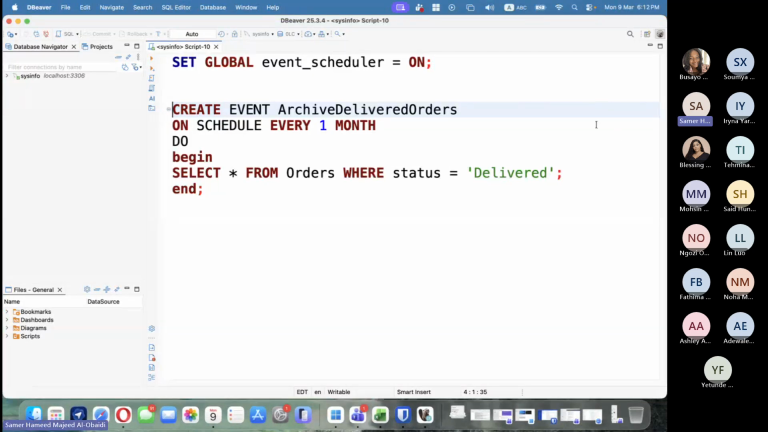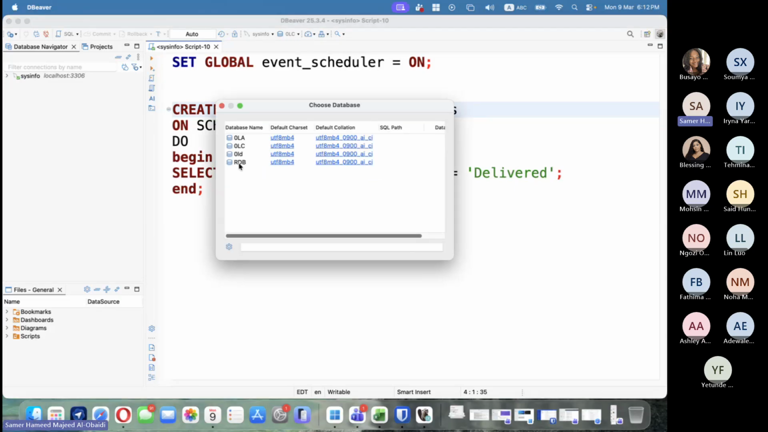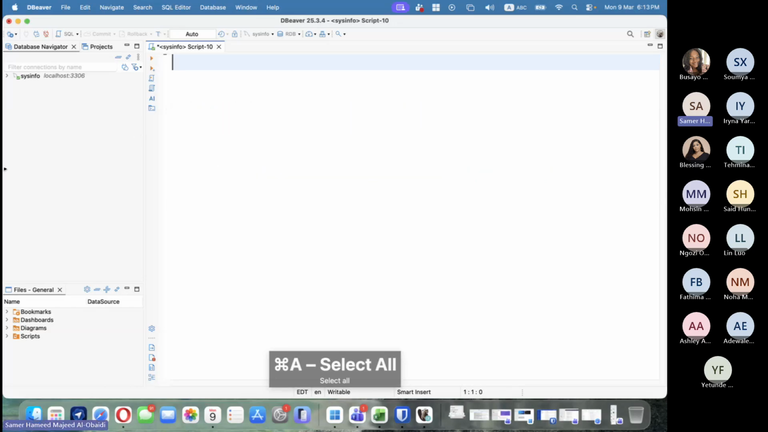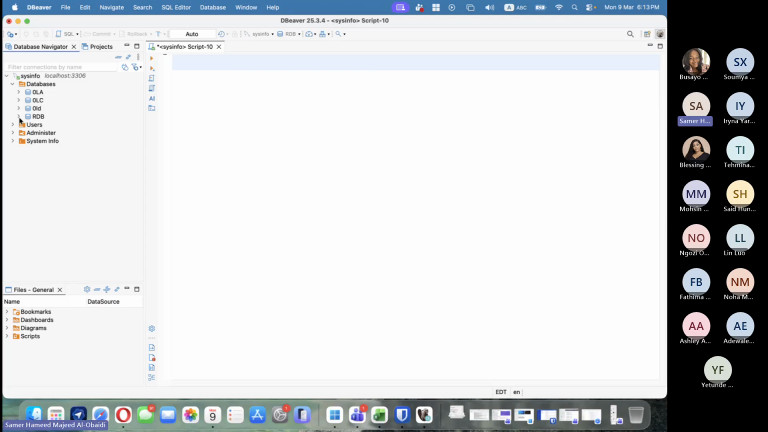Yeah, this is the beaver. RGB. Currently, in our database, the RGB,